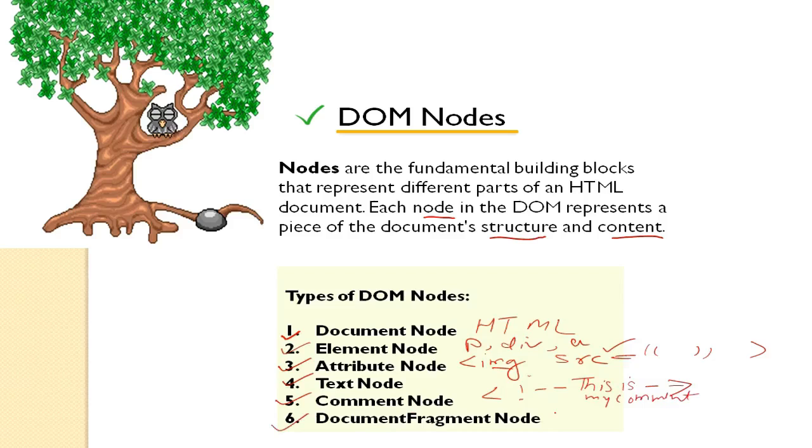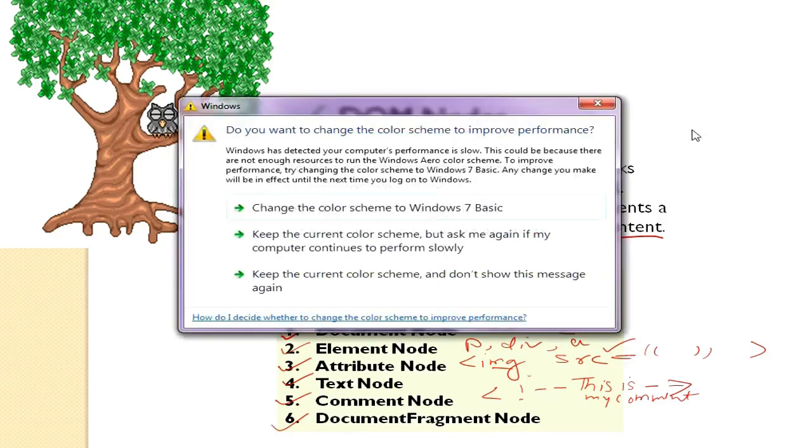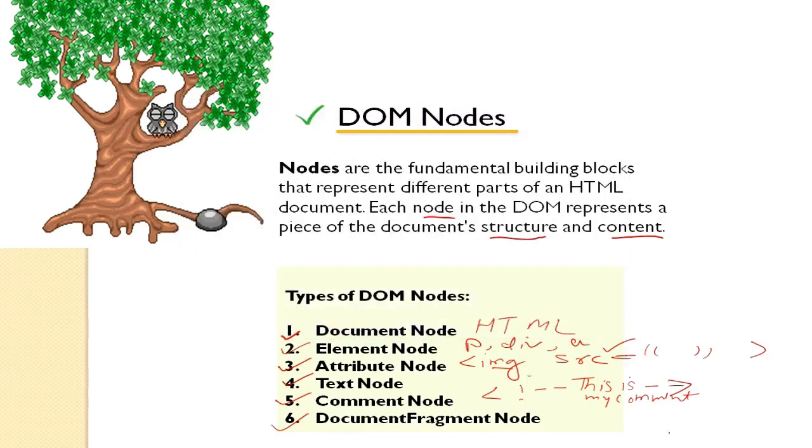Okay, now the last one, document fragment node. Okay, so it is like a container. When the page starts increasing in structure and its content, then we have a lot of divs, paragraphs, anchors, lists, headings, right? So what we do is, we create a document fragment, which is a lightweight container, and we place all those divs, anchors, and paragraphs, all the headings in that document fragment. So this helps to improve the performance of our web page. Okay, so this was all about DOM nodes, and now we will see DOM elements.